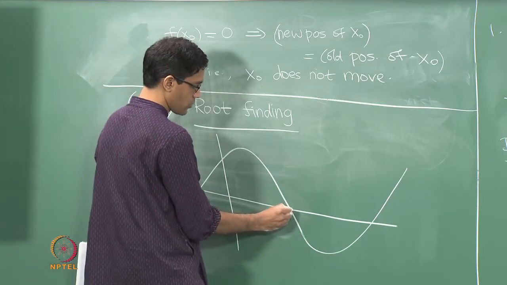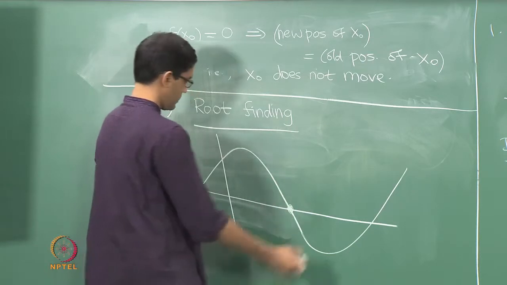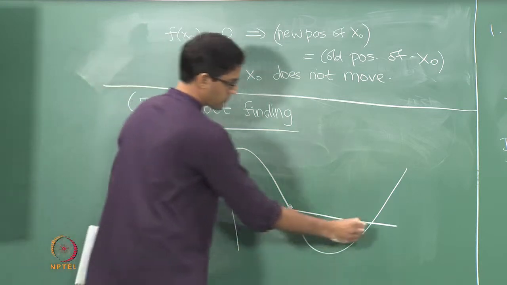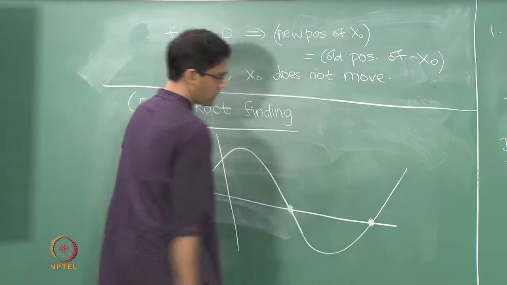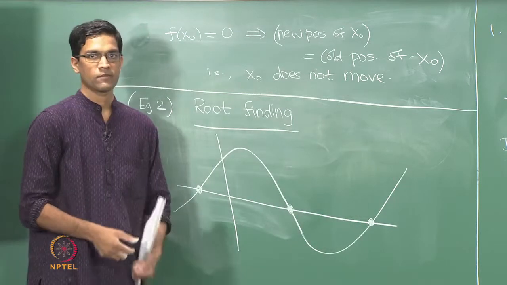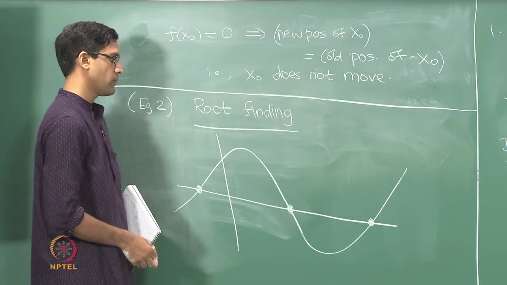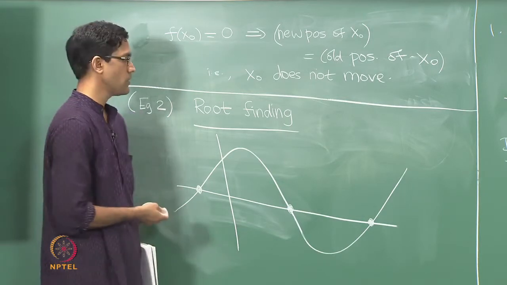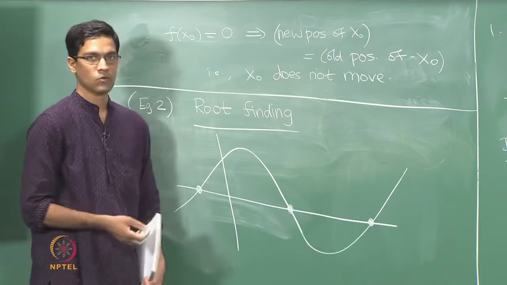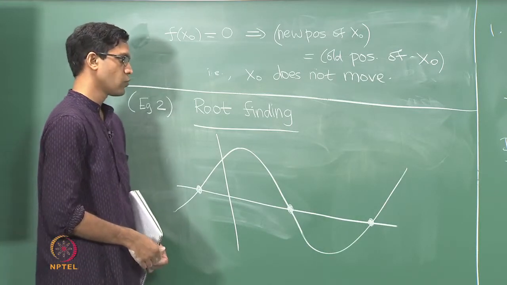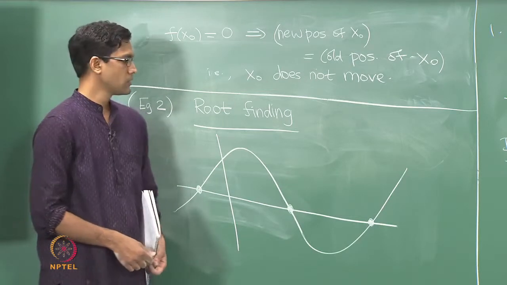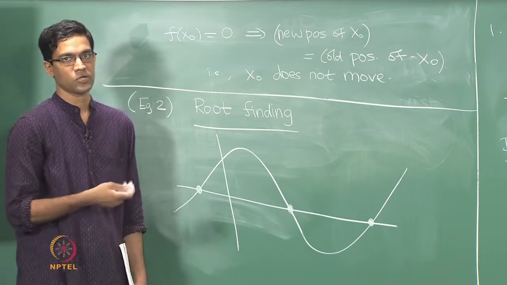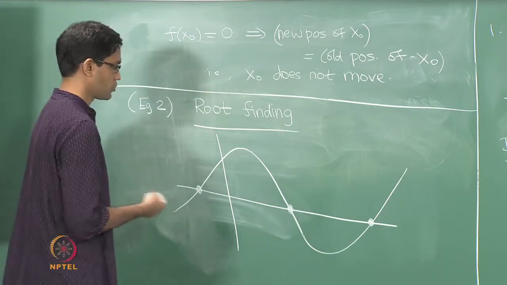So here for instance is a root of this function, and so the way I drew it here, there are 3 roots, 3 places where it cuts the x axis, and often given a somewhat complicated function for instance, it may not actually be possible to explicitly solve for the roots. Solving for roots for instance is easy if you are doing quadratic equations and so on, but more generally finding a root exactly may not really be feasible. So what one wants at least is some sort of approximate root. We want some sorts of approximations to the roots.